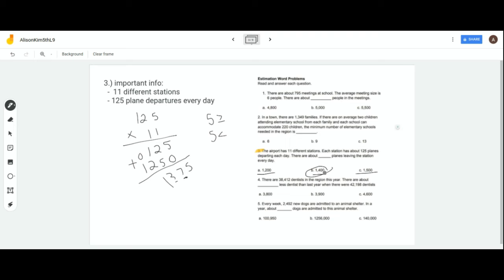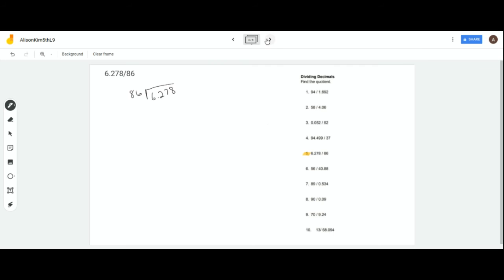So your answer for number 3 will be about 1,400 planes. So let's do dividing decimals now. We're going to do number 5 together. Oops, I labeled it wrong. Oh, never mind, there is no label. Number 5 gives us 6.2